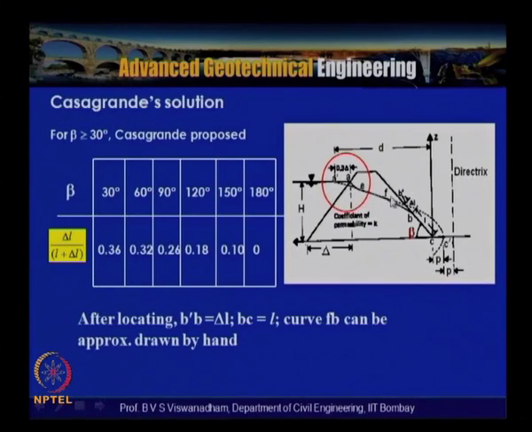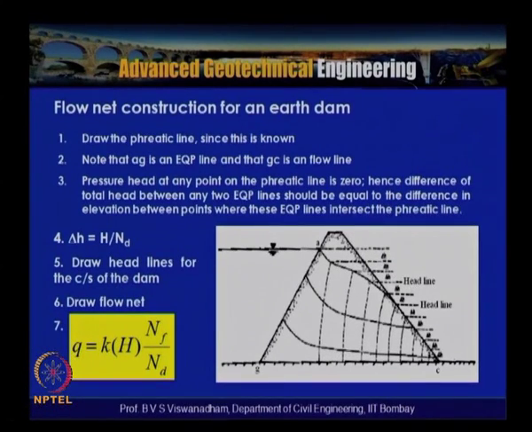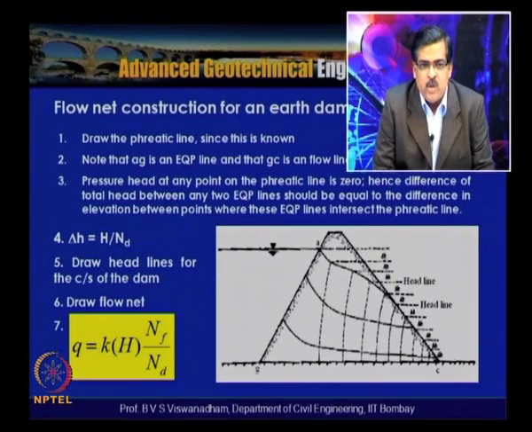How do we estimate the phreatic surface, which is given from the Casagrande solutions? When we construct a flow net for an earthen dam, basically what we need to do is construct the phreatic surface. For that, three methods have been discussed. One is Dupuit's solution, the other one is Schaffernak's, but Casagrande's solution is widely used.